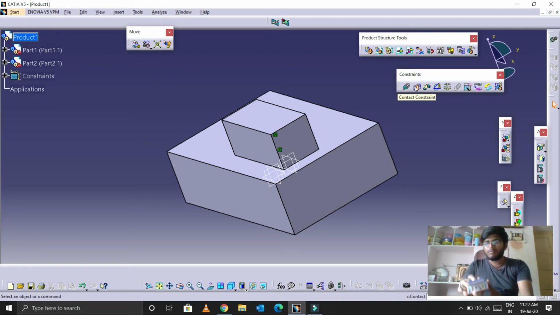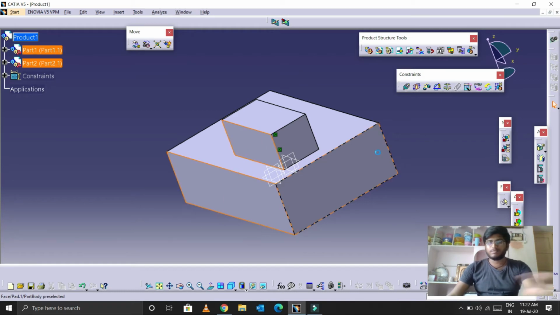So this can be visible. Now I will show you exactly the offset constraint. Before selecting this command, we need to select the surfaces. The first surface and second surface have been selected. Now select that command, offset constraint,